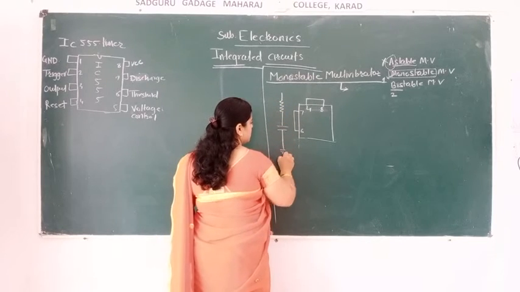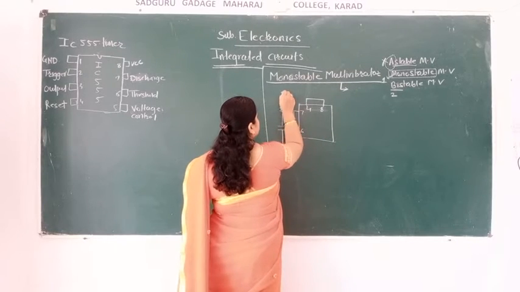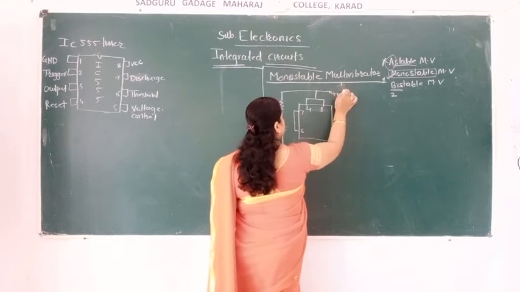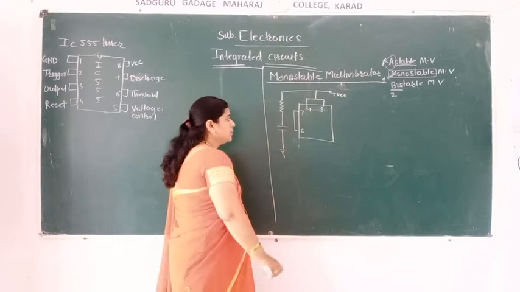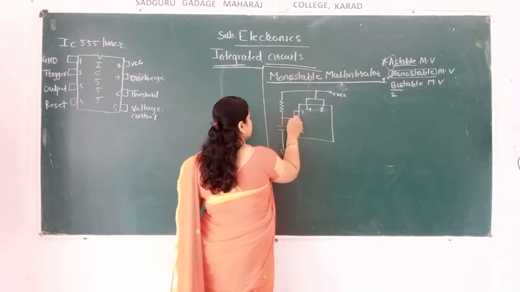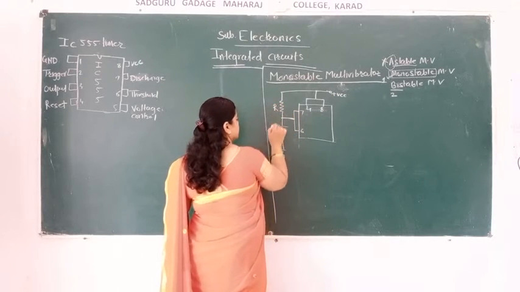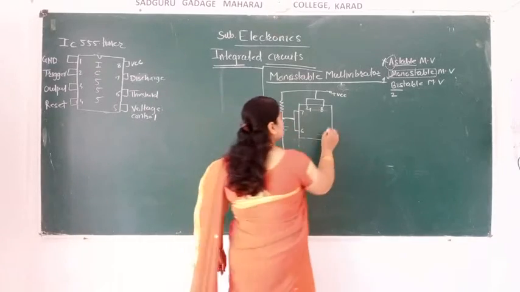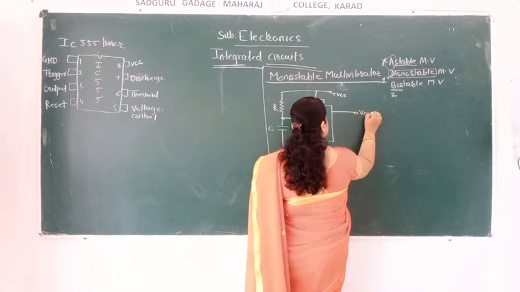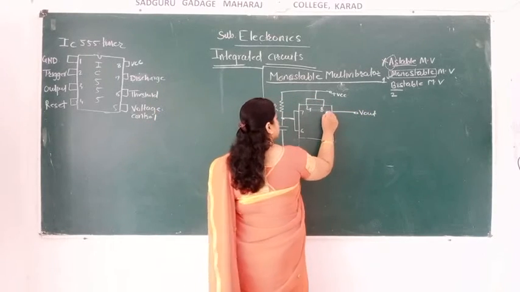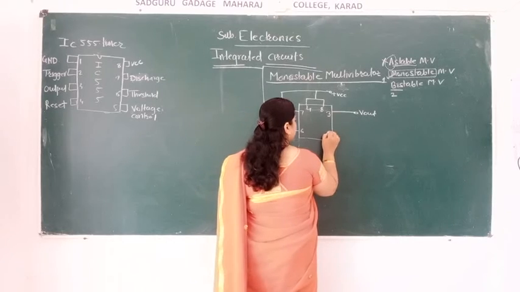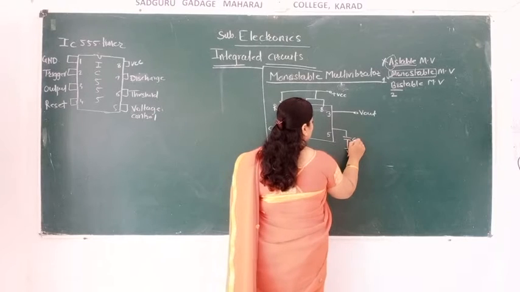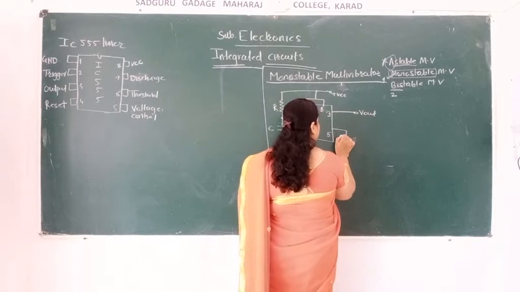One capacitor is used, and it is given to the plus VCC supply. VCC is given to pin 4 and pin 8, and pins 6 and 7 are common and connected between this R and C. Here we get the output, which we always measure at pin number 3, and at pin number 5 we connect one capacitor which is connected to ground. This is the C, which has a very small value.